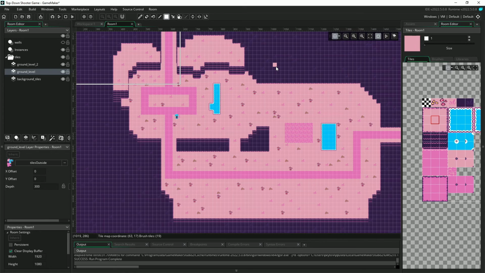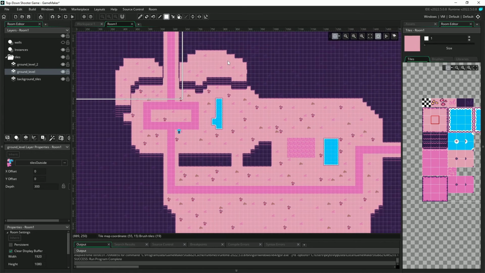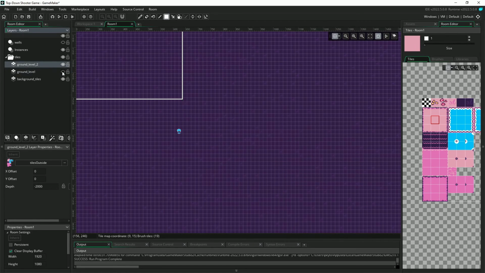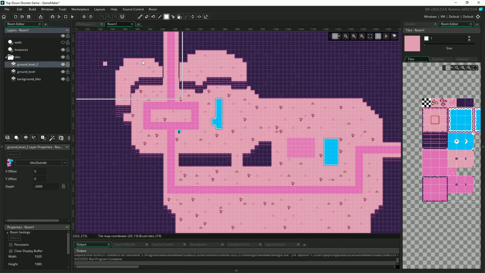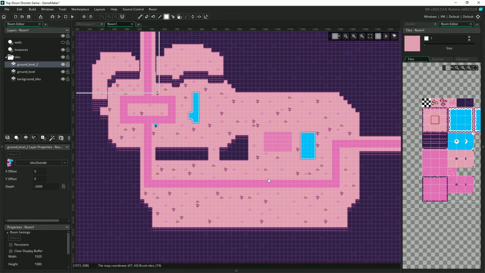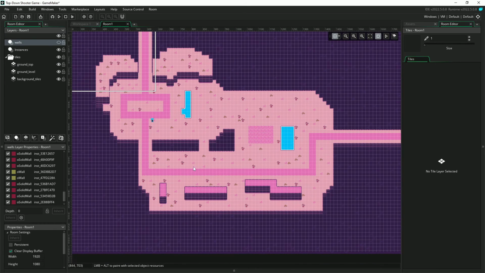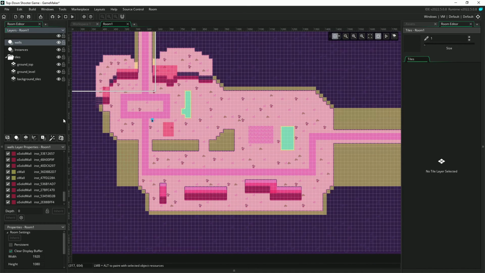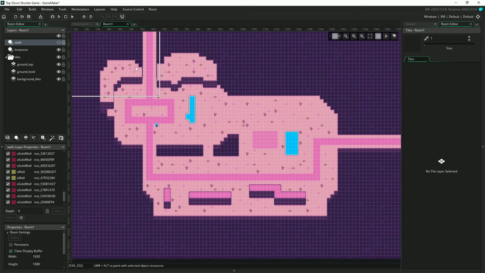So I'm going to add in some of my own walls. I'm also going to add this top part here to the upper ground level instead of the lower one, so that if stuff gets shot behind it, it shows up behind it. So I'm going to do all that real quick, set up some walls, and then we'll be ready to move on. Okay, so I added a couple walls in the bottom, added the actual wall objects here,